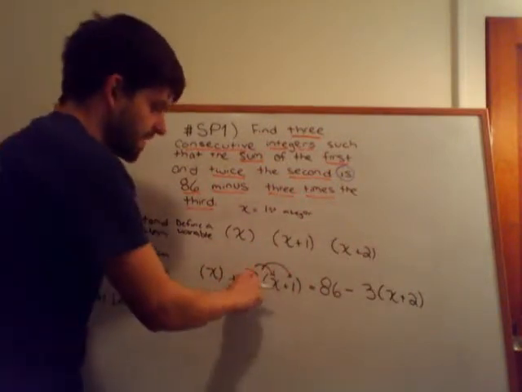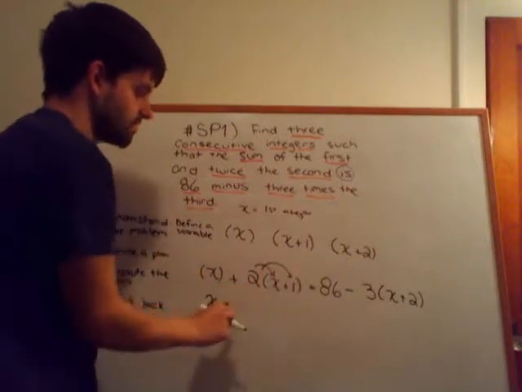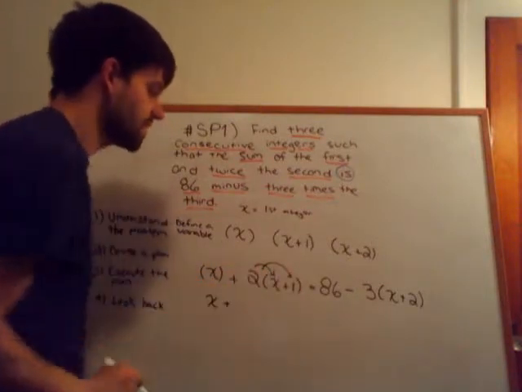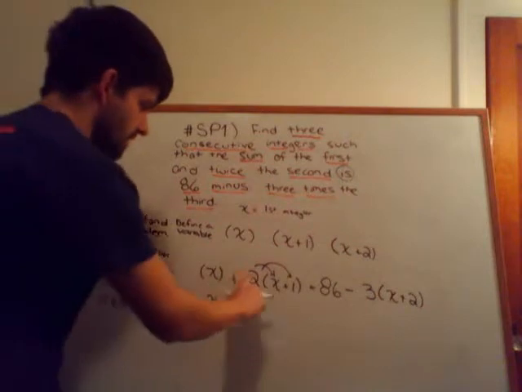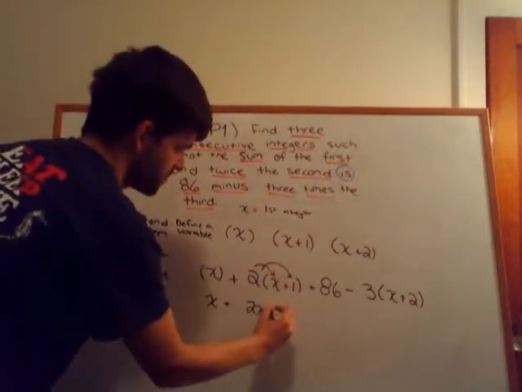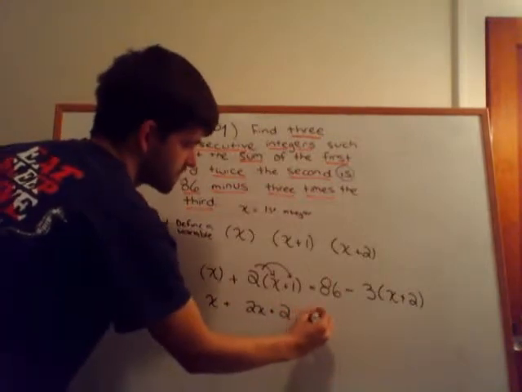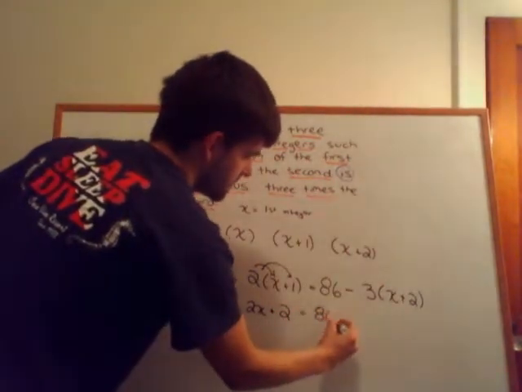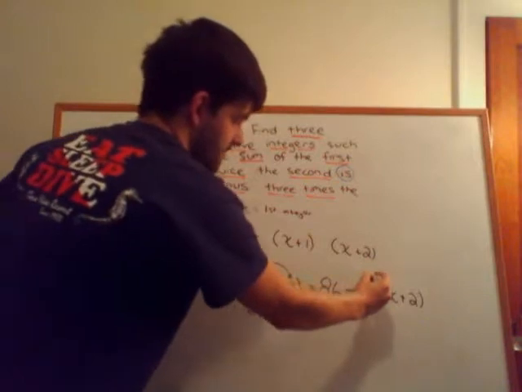We're going to be taking a value outside the parentheses and multiplying it into each of the individual terms in that expression. So we have 2x plus 2 times 1 is 2 is equal to 86 minus,